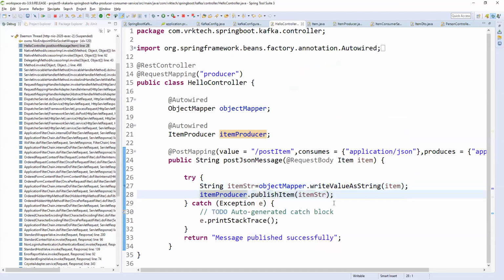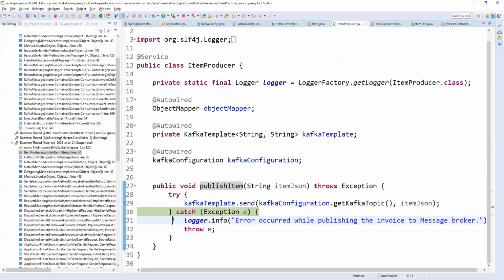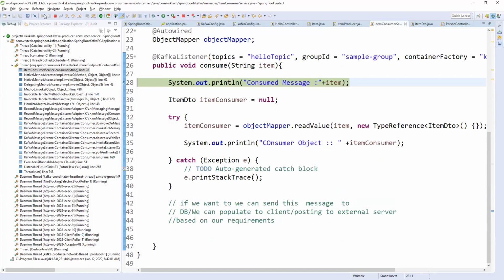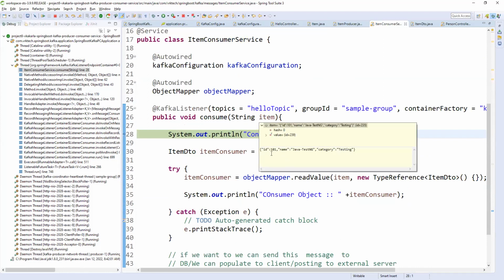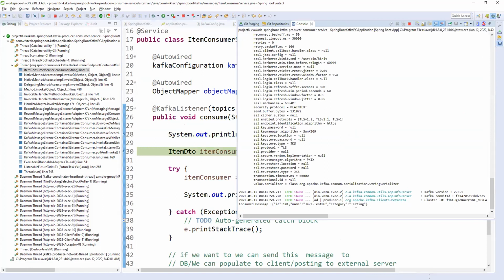So it is published with KafkaTemplate.send. Okay, it is done. Now it is coming here. We are getting a string: 101, test engine, and category testing. So yes, we are able to print it here.